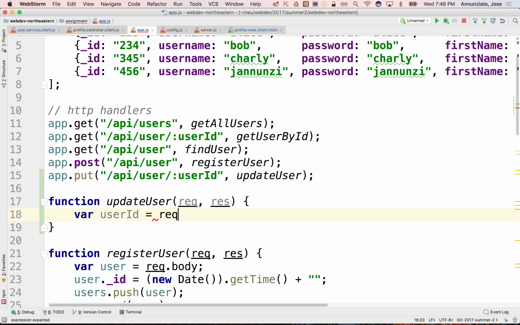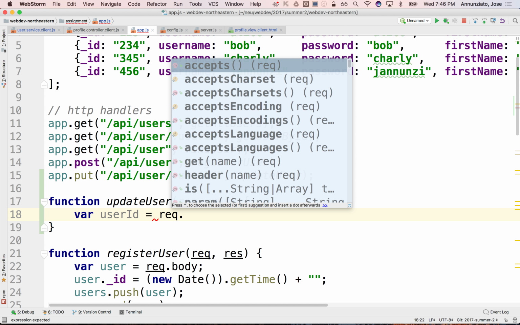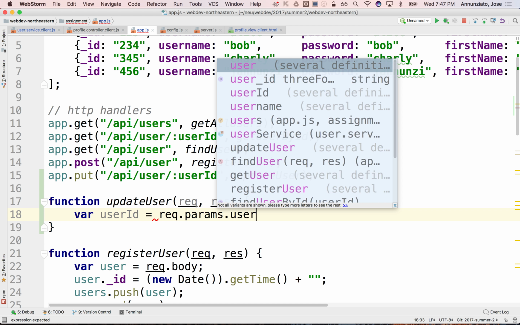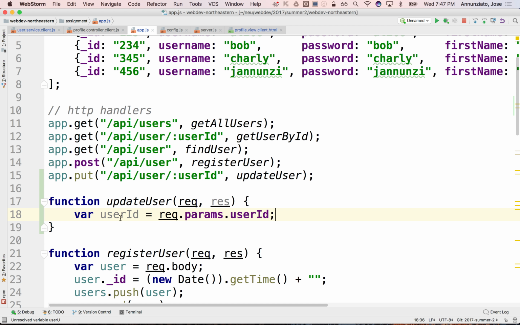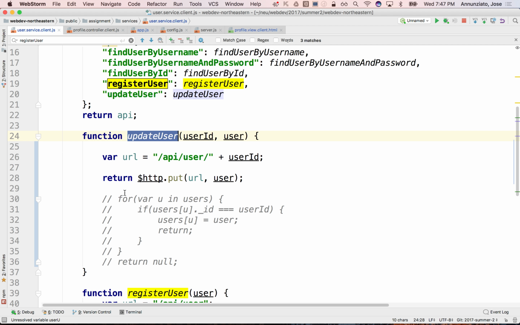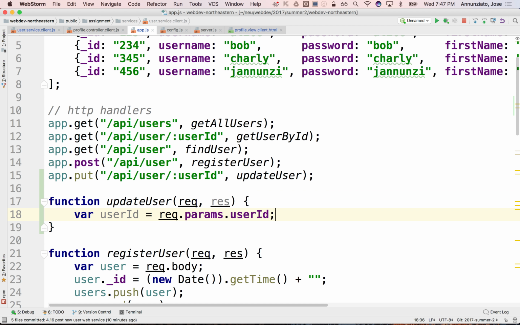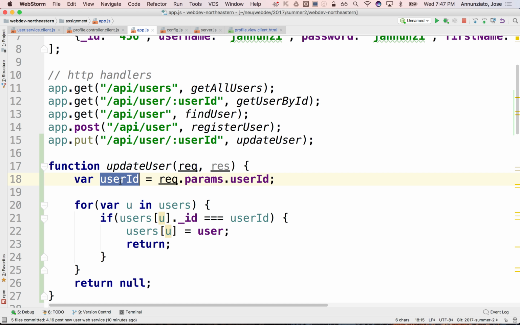So we're going to retrieve it. And again, where is this coming from? From the request, right? So you're going to find it in the request. And so this is a parameter. So this is not in the query, it's in the parameters. And the parameter name is user ID. Okay? I think it's params. I forget if it's plural or singular. There it is. So we have user ID. Once we have that user ID, we're going to use this for loop that we had on the client side to look up that user ID. We're going to iterate over the users. Once we find it, we're going to send them back. We're going to send a